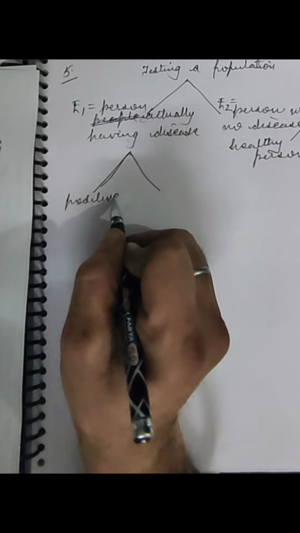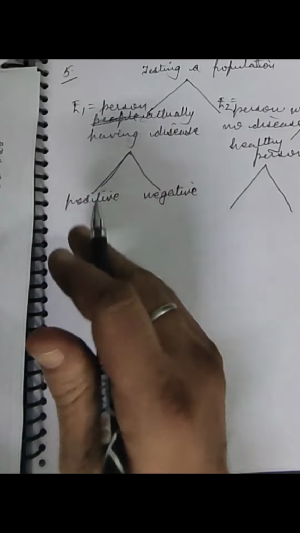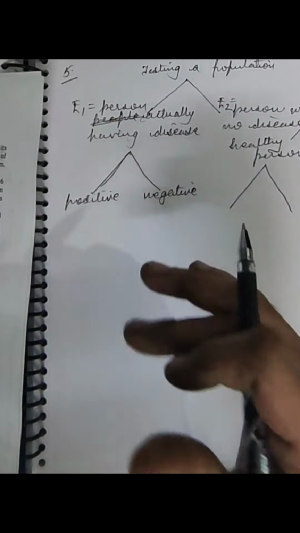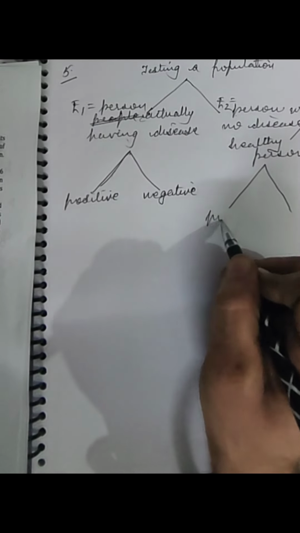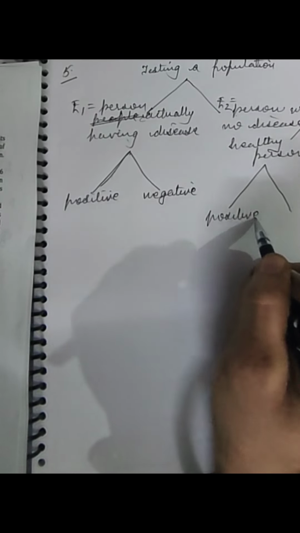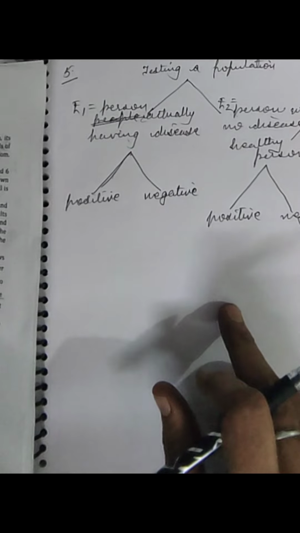Positive result, negative result, or very transparent condition. Positive means it shows the person has the disease, and negative means it shows that the person does not have the disease. Simply we have to write the same cases here. These are conditions, these are the conclusions, positive and negative. In each event we will find two types of conditions.